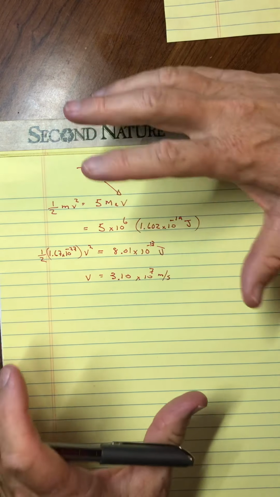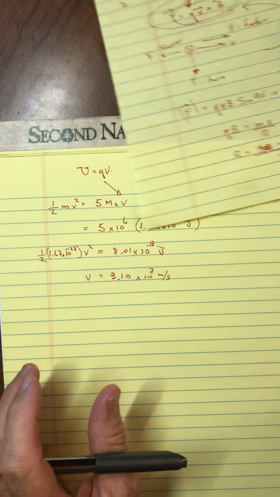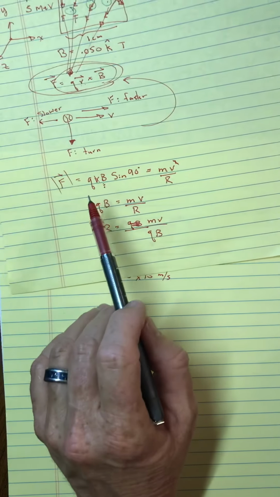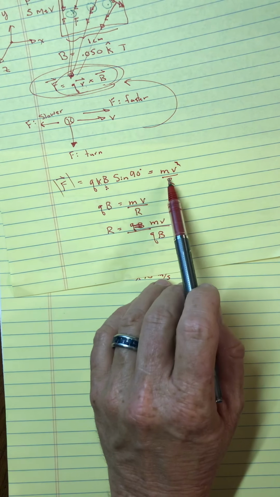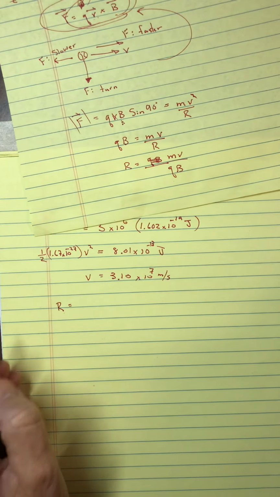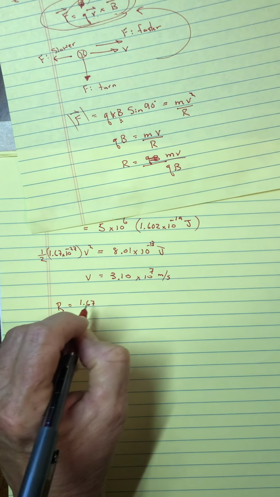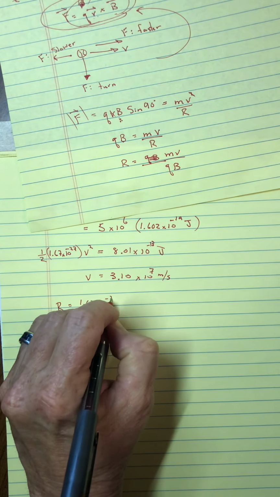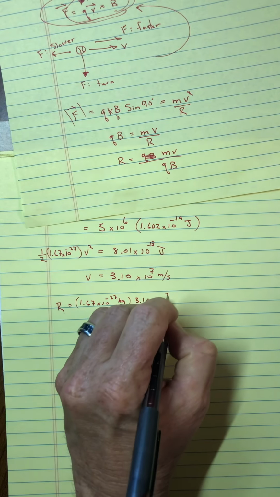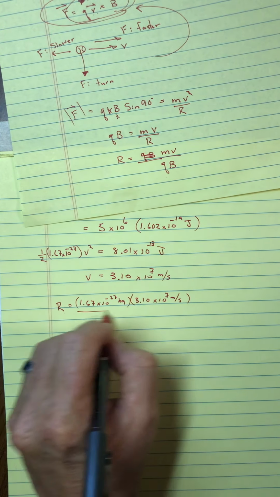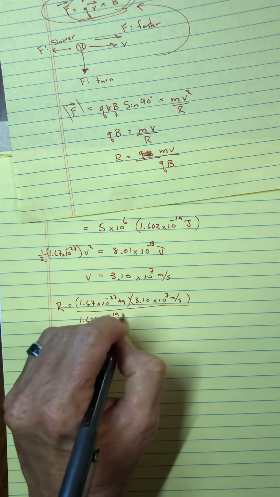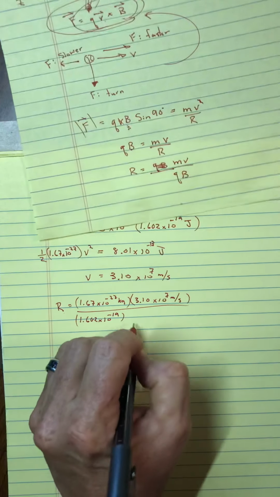All right, so that's what I would say is really mostly 121 stuff, but obviously this added piece here of what is the magnetic force. So again, set the magnetic force equal to the centripetal force, and of course now you can get the radius. So now we know it's going to go in a circle of a radius of, and I can put my 1.67 times 10 to the negative 27 kilograms for its mass, its velocity 3.10 times 10 to the 7th meters per second, its charge of 1.602 times 10 to the negative 19,